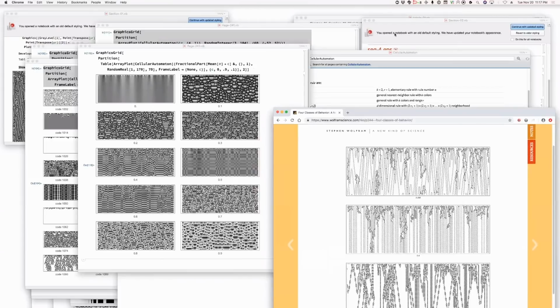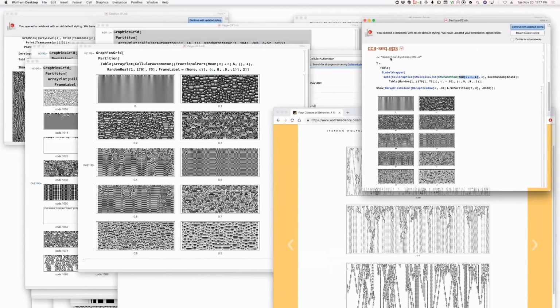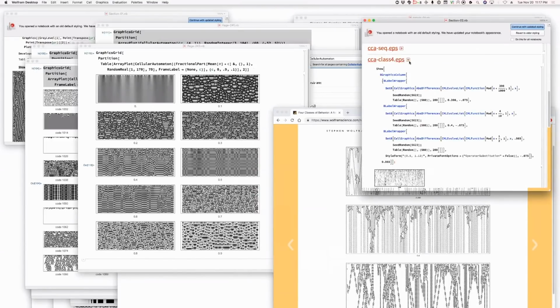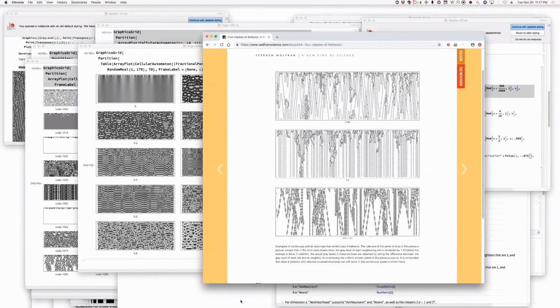So the next one is abs differences. The heck is this? I think, what is the description of what this is doing? Rules the same, gray level,